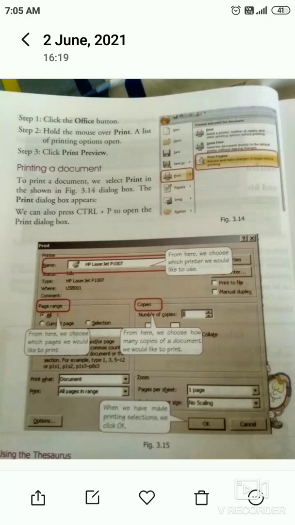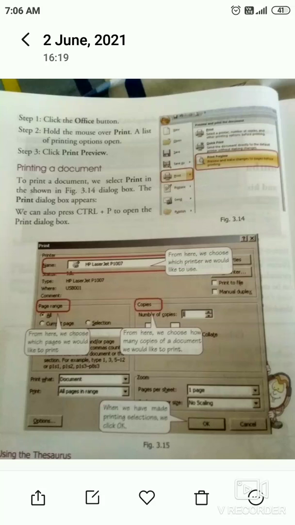Okay. So let's go to the next option, print preview. It is always a good idea to see on the screen how our document will look when it is printed. So before actually printing it, we have to know this, and this can be done through the print preview option. For this, we do two steps.